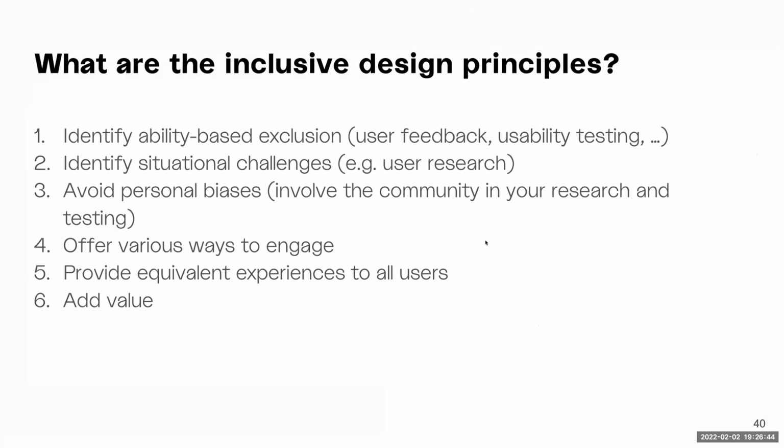In theory, we're talking about inclusive design, but if we don't have any set criteria to guide us, it's hard to make that tangible. I think these principles really make us think from a different point of view. If you want to apply inclusive design principles, number one says identify ability-based exclusion. You really need to understand exactly how people are going to use the product that you're building, and who it is that you are excluding.